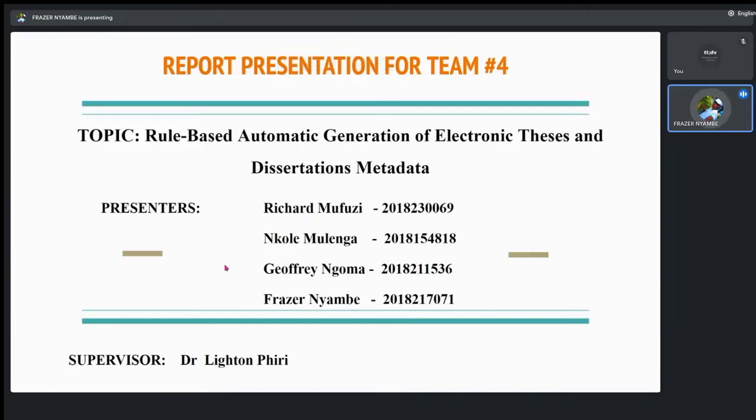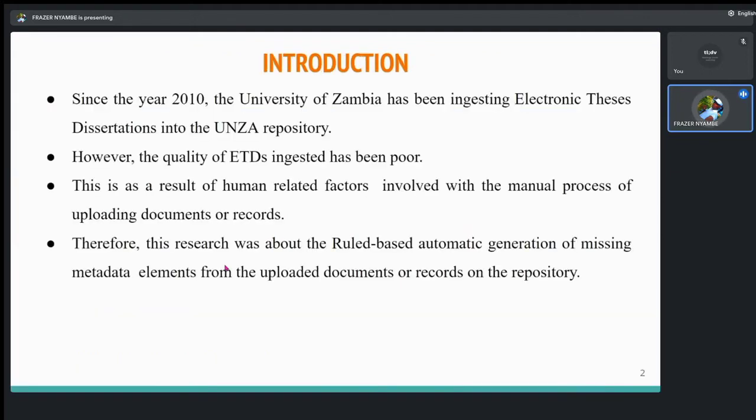Good afternoon, everyone. My name is Nkole Mlinga, and presenting with me is Richard Mufuzi, Geoffrey Ngoma, and Fraser Nyambe on the topic Rule-Based Automatic Generation of Electronic Thesis and Dissertations Metadata. Our supervisor for this project is Dr. Lydon Piri. Since the year 2010, the University of Zambia has been ingesting electronic thesis and dissertations into the UNZA